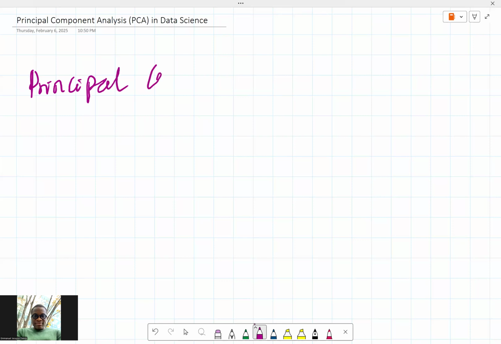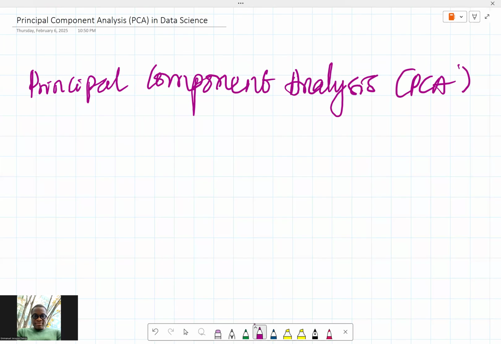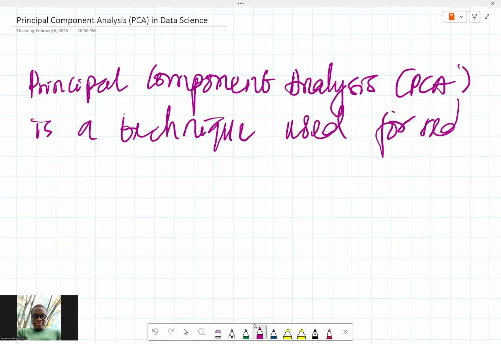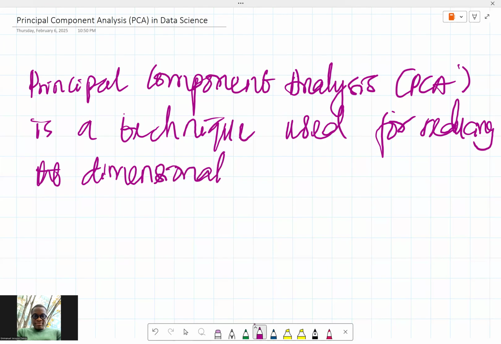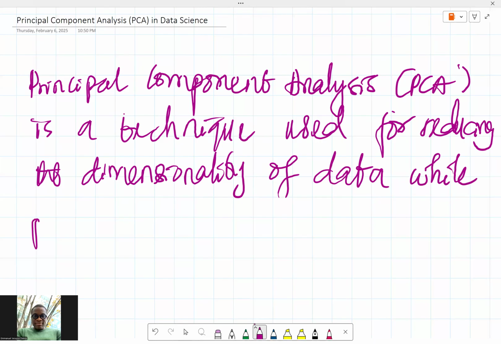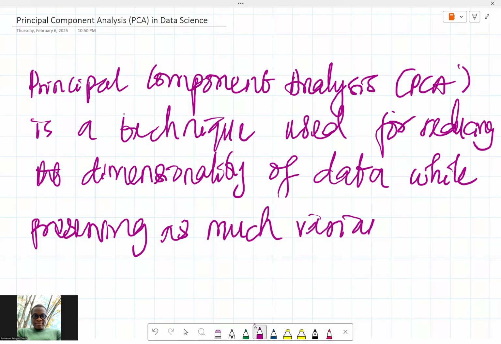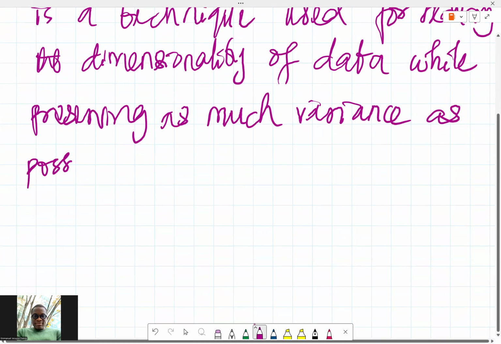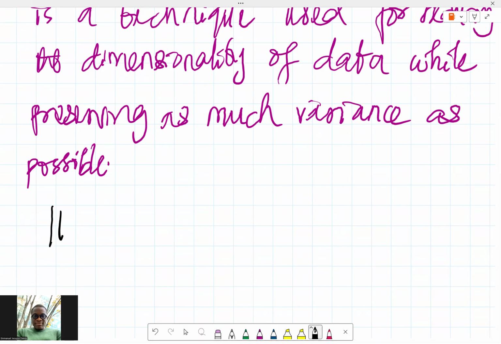Principal component analysis, PCA, is a technique used for reducing the dimensionality of data while preserving as much variance as possible. Okay, it helps in identifying